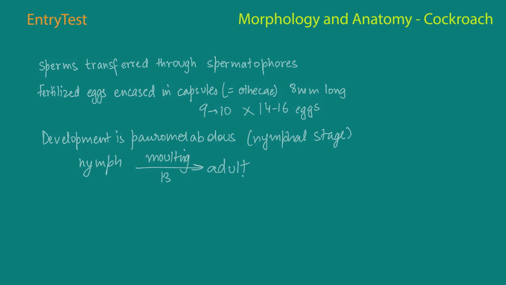The second last nymphal stage, it has wing pads, but it does not have completely developed wings. The completely developed wings are present only in the adult cockroaches. Now, many species of cockroaches, they are wild, they are not domesticated, and they do not have any economic importance. Very few species are present in the human habitat, and they are basically treated as pests because, like I told you in the beginning of the video, they spread a lot of harmful diseases and carry lots of germs. And by contaminating food material, they can transmit a variety of bacterial diseases.